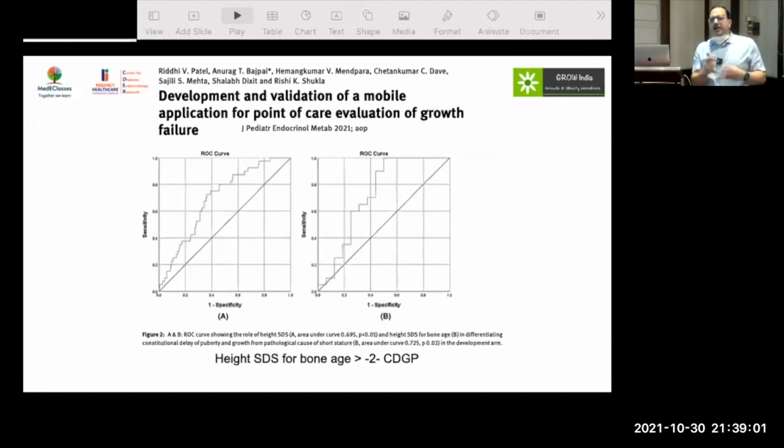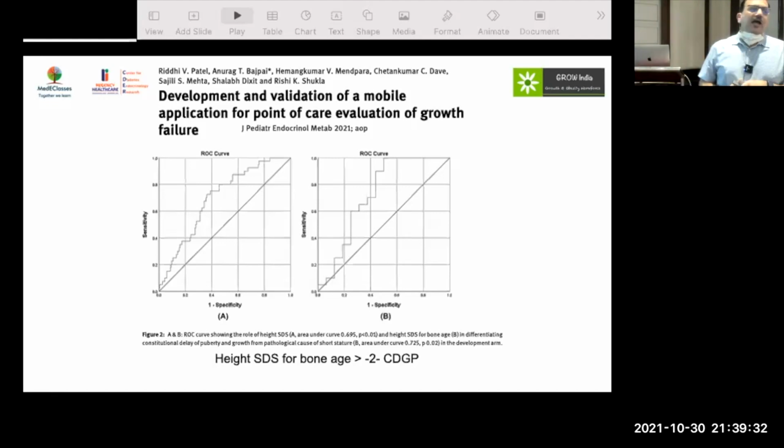And how do you correlate bone age and how do you diagnose constitutional delay of puberty and growth? So what really is constitutional delay in puberty and growth? What do you think, Dr. Tambe? What is the problem in these children? So their development is slow. So they are slow to start, doesn't mean that they will end short. While familial is, they are bound to be slow and they will always remain on the lower side.